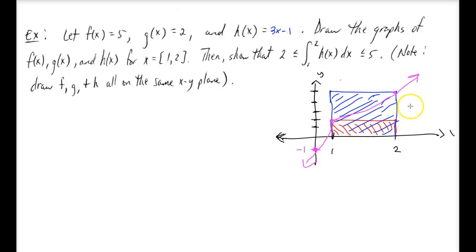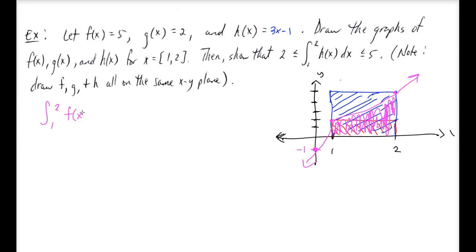And of course, the actual area under the curve will be everything that's under that particular function there. So it'll be more like this. Okay. And so by showing that, we see that the area under the curve from 1 to 2 of f of x is just going to be,